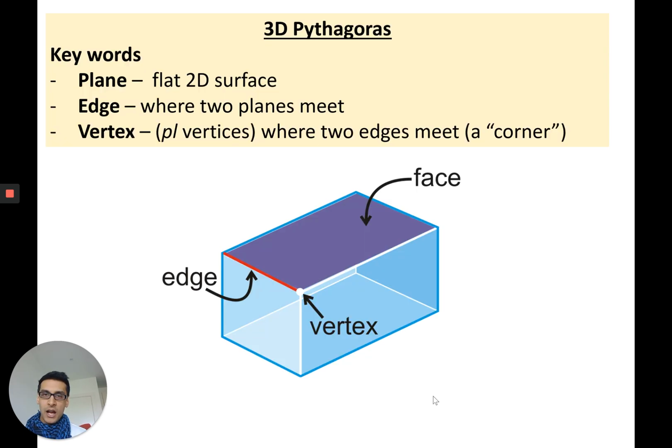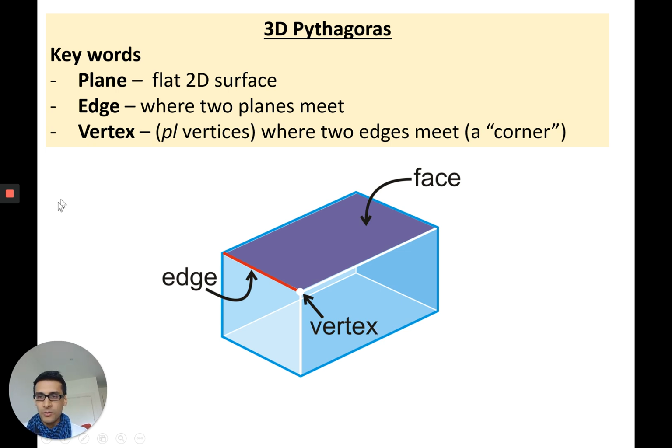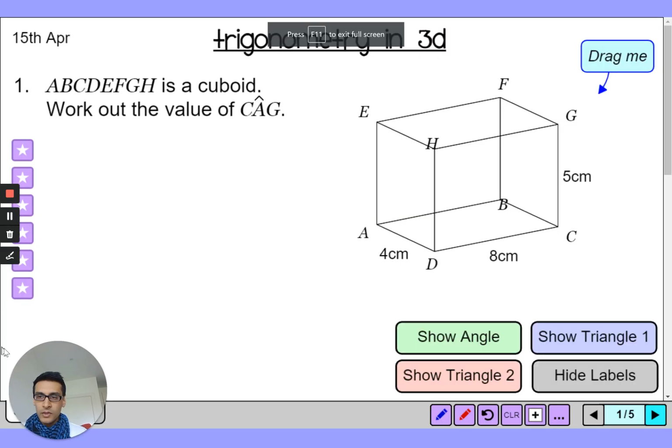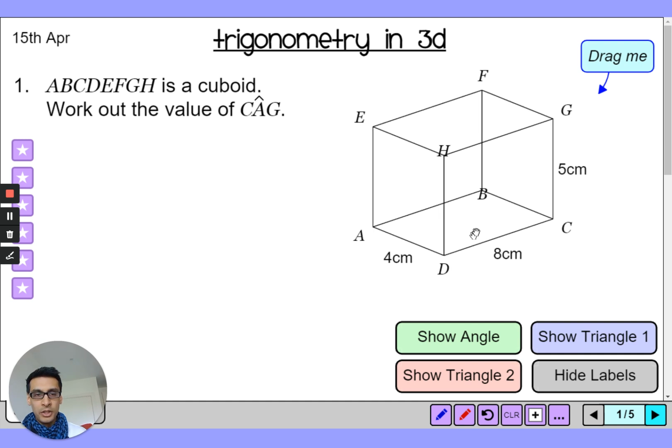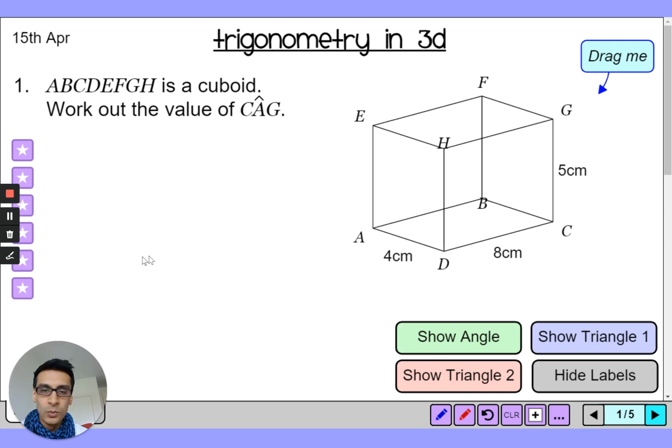Okay, so we know how to label the various parts of a cuboid and 3D shapes, where I am now going to show you a few examples of 3D trigonometry. So you can see here's a cuboid I've prepared earlier. This time we're working out an angle, so angle CAG. To work out CAG,